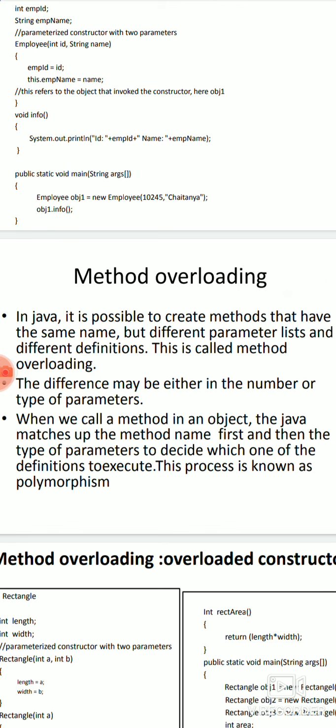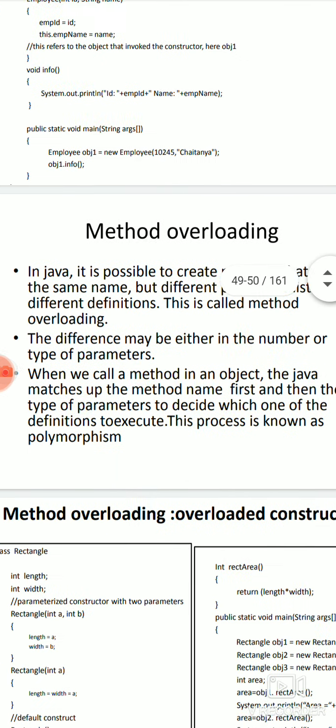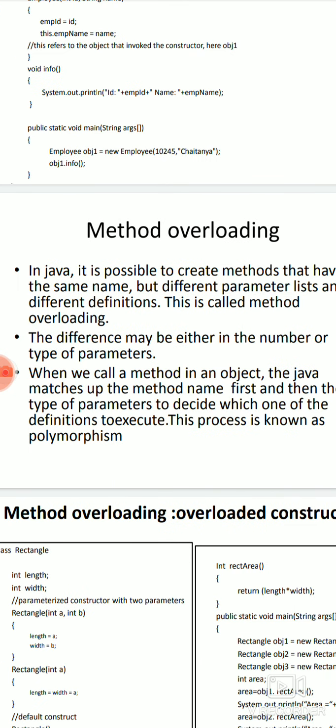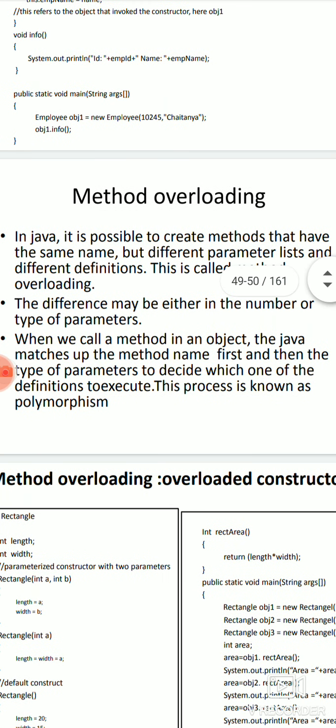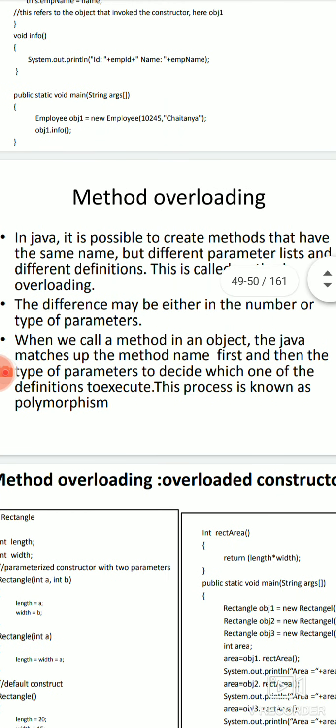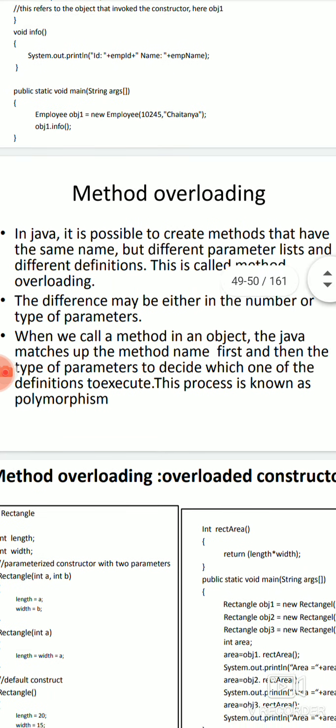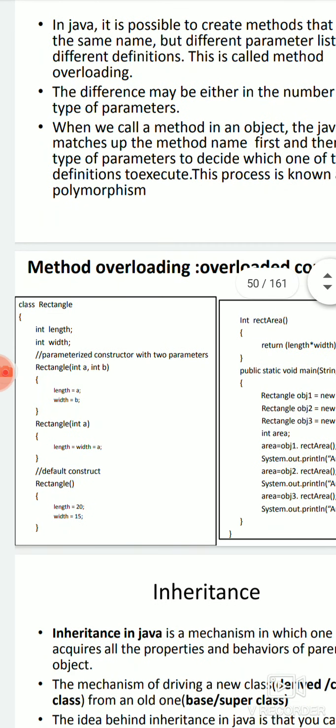So method overloading, a few points to be noted in method overloading. Regarding a constructor, it has the same name as the class name. Next is method overloading. It is something similar to our constructor: you can use the same function name or method name. In Java normally we say it is a method instead of a function. Same method name can be used one or more times, but the parameters or arguments will be different. You may not understand what I have said now.